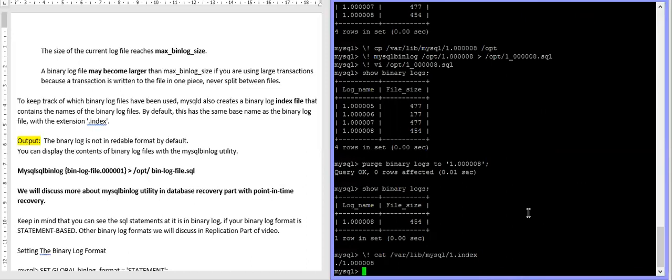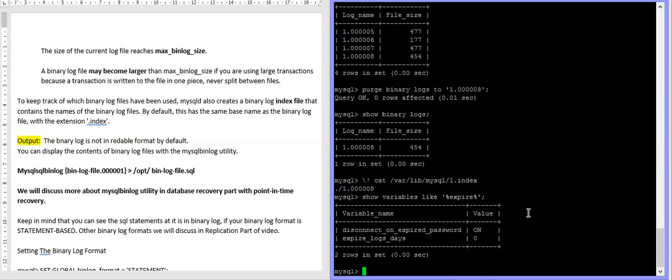For that, you will have to look at one variable, expire_logs_days, which is 0 by default. This means it will not delete any file; it will keep them for unlimited days.